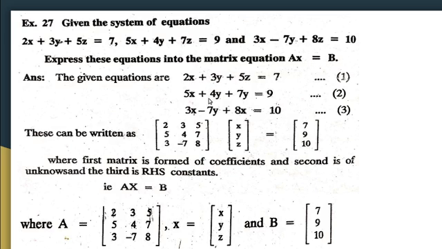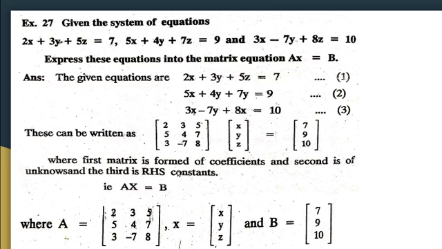So first you have to write all the three equations. Then this can be written in the form of a matrix by taking all the coefficients in the first equation. We will get the first row elements. Similarly, taking the coefficients in the second and third equations, we will get the second row and third row elements. Then we have to consider the unknown elements as the second matrix, that is x, y and z are the unknowns here. Then the right side elements are considered as the constant matrix.